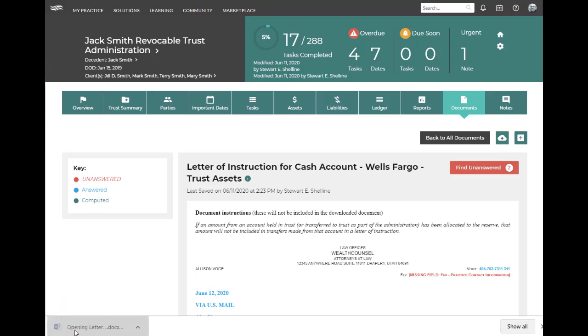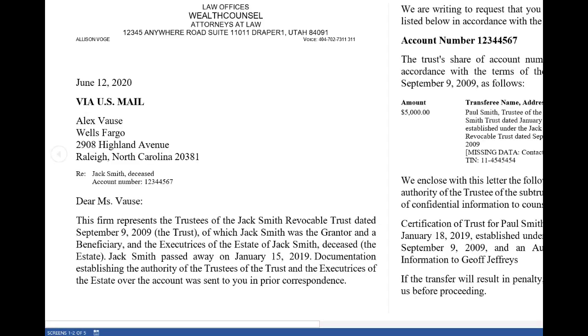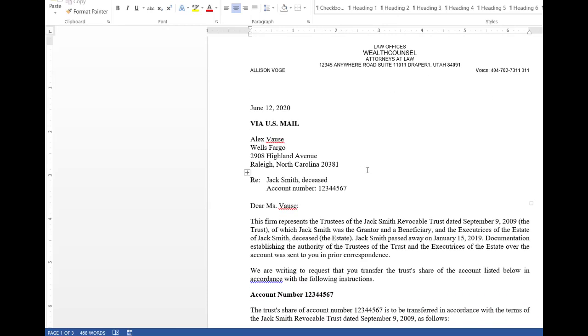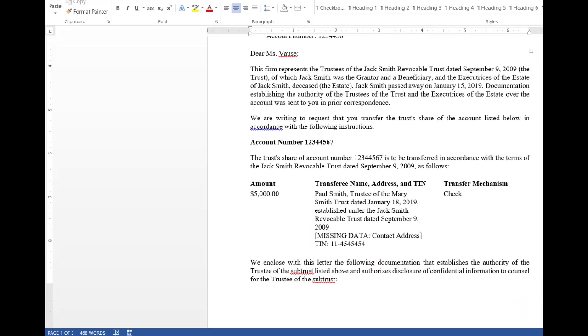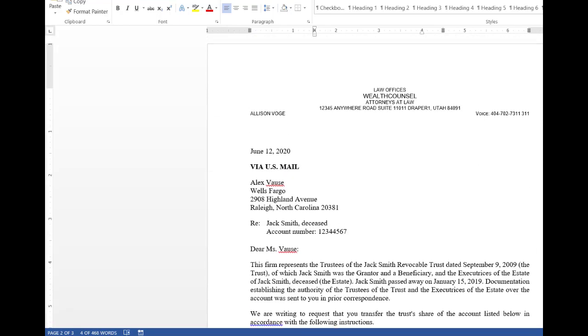And it will open up in Word. And you'll be able to see all the information that was there in Word format. If data is missing, we indicate that so that they can pick it up and make sure that before they send out the correspondence, it has all the information that it needs. So that's just a quick tour of Trax and an example of how EPML and EPF and MarkLogic,